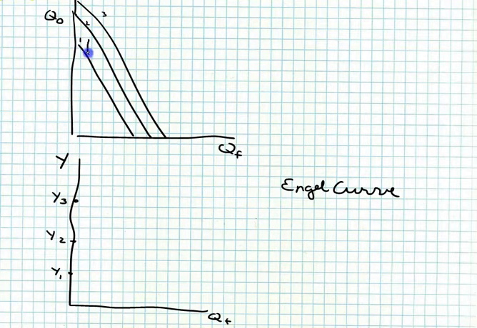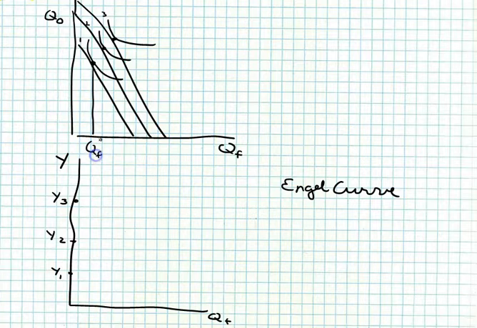Given a set of preferences where we're going to find the point of tangency between that indifference curve and the budget line,